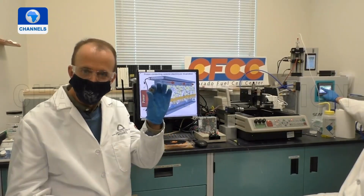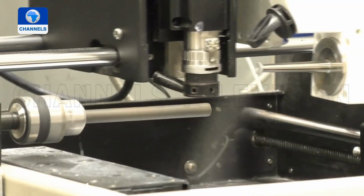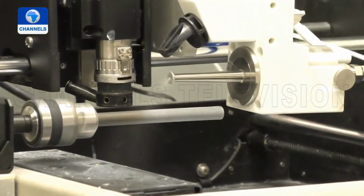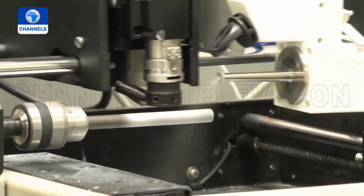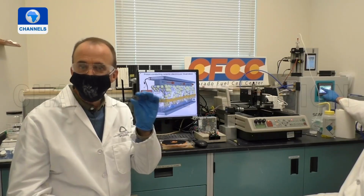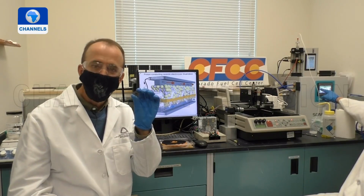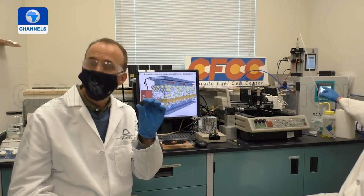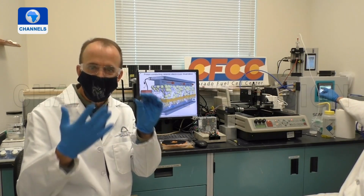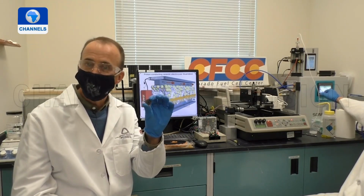Proton-conducting ceramics. Neil Sullivan of the Colorado Fuel Cell Center and his team are working on how to solve this storage problem. This device here is used for many purposes. Two are to create clean, dry, pure hydrogen from water vapor for energy storage, to store solar and wind power at a high capacity. Now, of course, a little guy like this isn't going to really store all that much